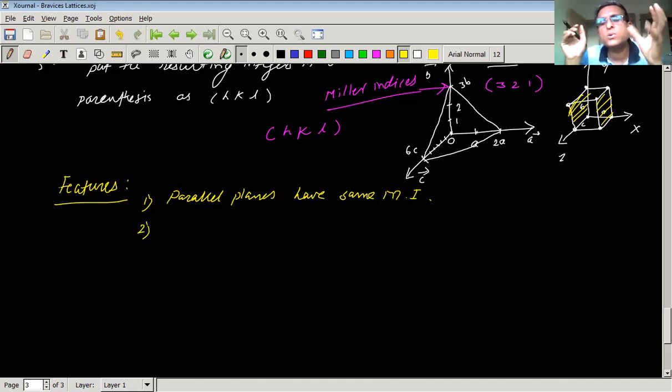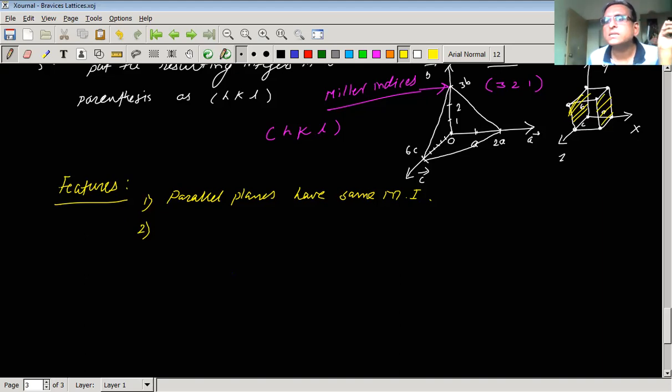And if possible, we are going to solve a number of problems on Miller indices. So if time permits and if there is a possibility, then we can solve different examples. But by the time, remember that parallel planes have the same Miller indices. Conversely, if we are given two planes and we calculate the Miller indices, and we find that the Miller indices are the same, then we can definitely say that the given planes are parallel to each other.